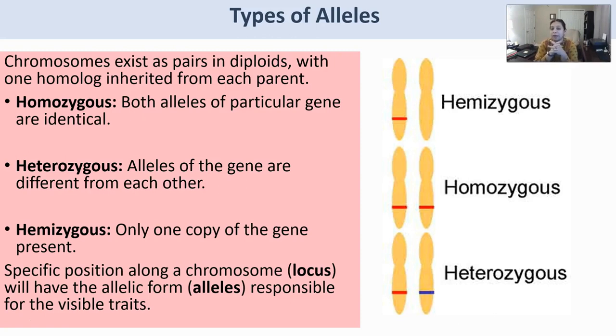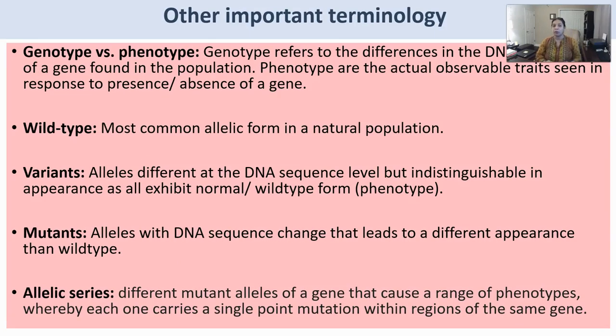So when you have a heterozygous gene, where you have one of the traits on each one of the alleles, then the resulting physical features may be one or the other, or there may be a combination, and that would be dependent upon the type of alleles that you have. So what do I mean when